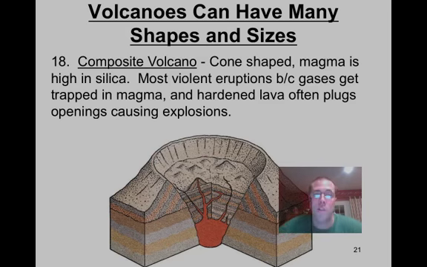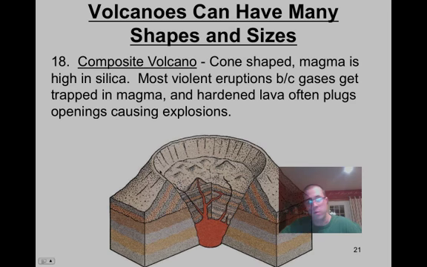Composite volcanoes, or stratovolcanoes, are cone-shaped. These have taller, steeper sides and look more like just a plain old mountain because they are so tall. The magma is high in silica, which makes these the most violent eruptions, because gases get trapped in that magma because it's very viscous. It doesn't flow very easily. Hardened lava can plug the opening, kind of like what we're seeing right here in this caldera. It gets plugged, and that allows pressure to increase under here as gases are trapped and can cause big